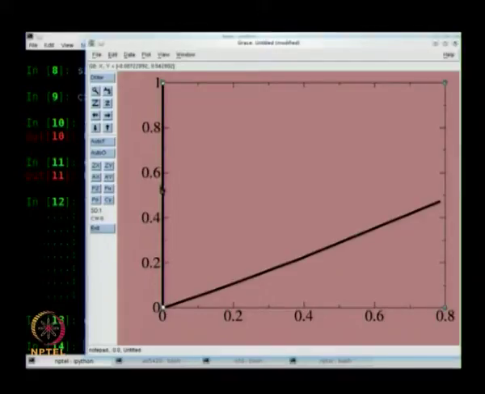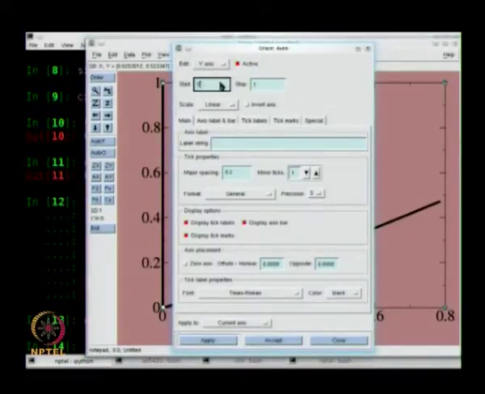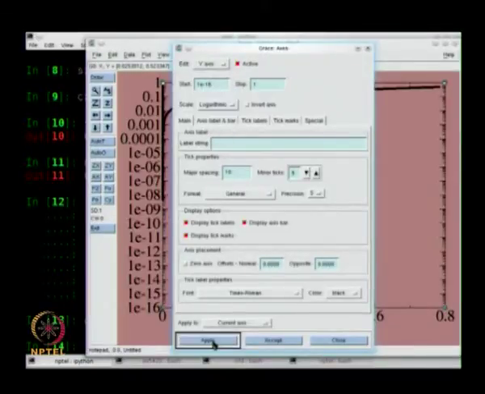So we will have to fiddle around a little with the scale. It seems that the error started off at some value, goes linear. This is what you would predict, that it linearly goes to 0, but there seems to be something happening on this part. There seems to be something happening here. So I will change the scale. The key thing to do is, I want to change the scale to a logarithmic scale. So I go to 1e minus 16, which is about as small as I can get here, and I go to a logarithmic scale. I apply that,